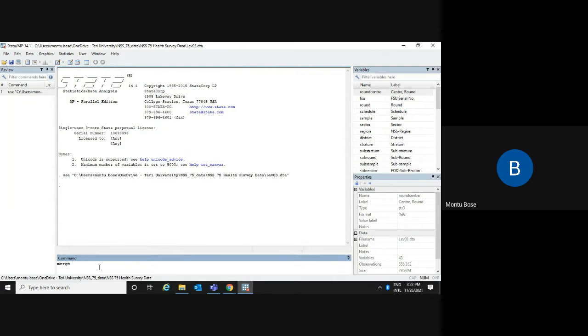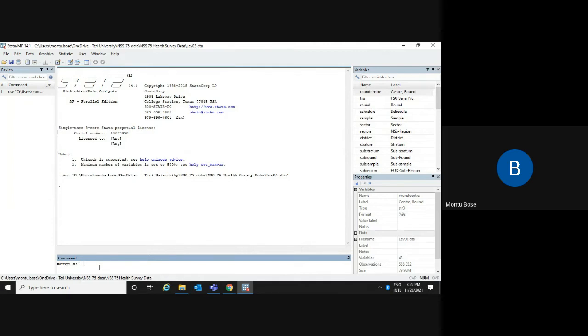That is why the merge type here would be m, that is multiple, to 1. That means the data I'm using here would be repetitive, and it would be unique in the data that I'm trying to bring together with it.